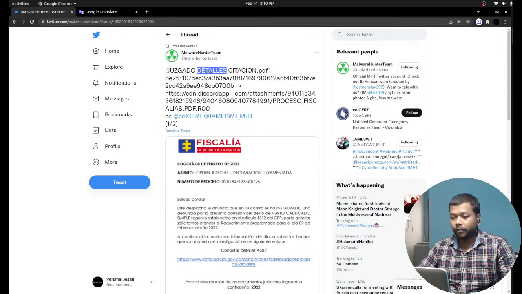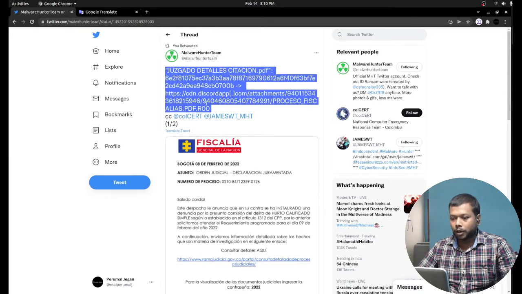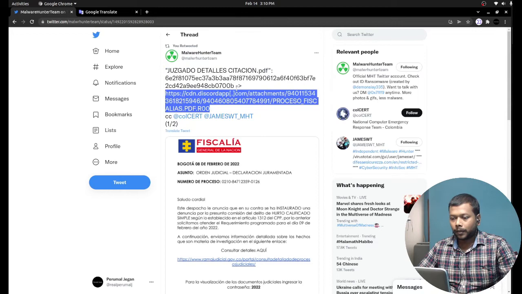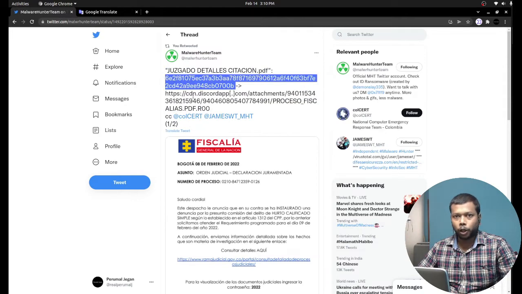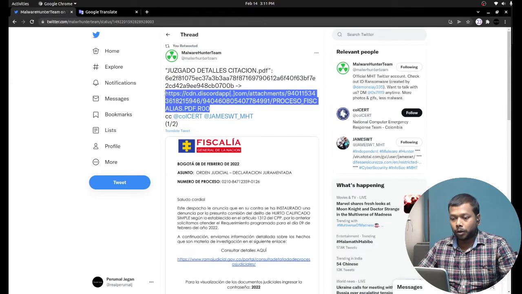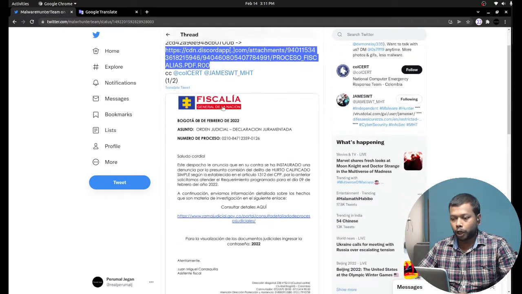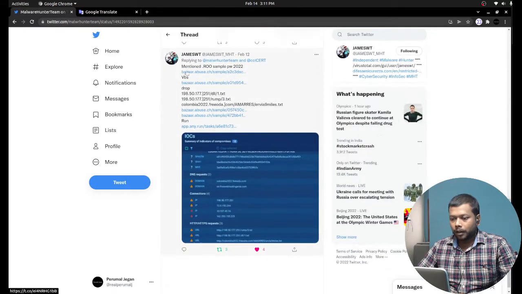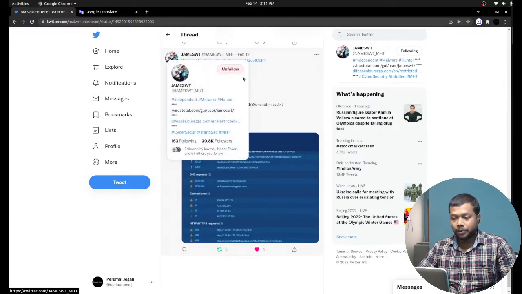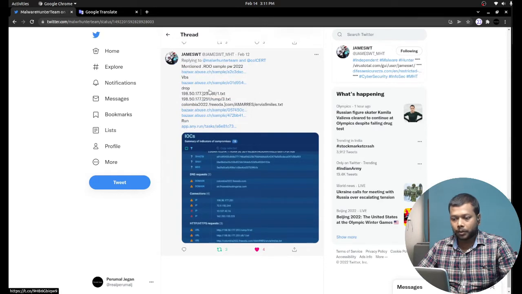I couldn't get the PDF. However, I was able to retrieve the document with the .roo extension. Actually, this particular document is loaded by this PDF document. If I scroll down, a security researcher, James, posted the links for the samples, and the .roo sample is already present in Malware Bazaar. So I used this link to gather the sample, and from this sample, I will be able to retrieve this VBS and the rest of the samples.